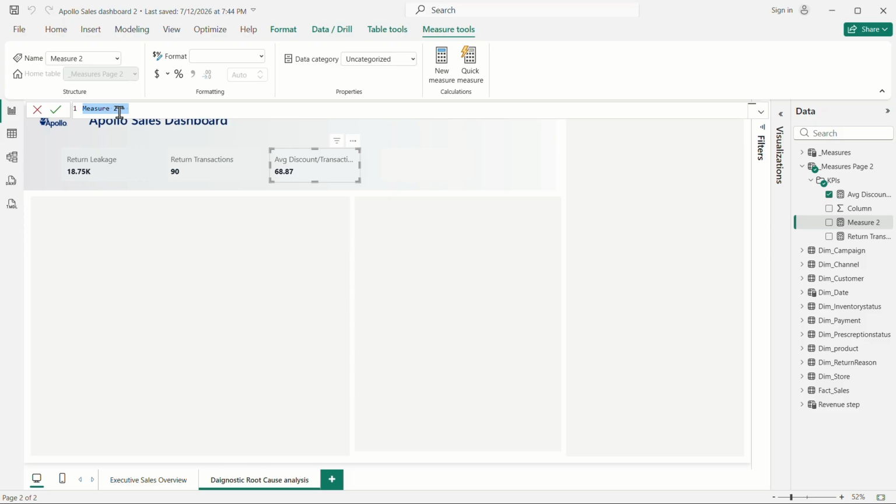That is a very high discount that the company is providing. So we need transactions where the discount is more than or equal to 20%. First, rename it as high discount